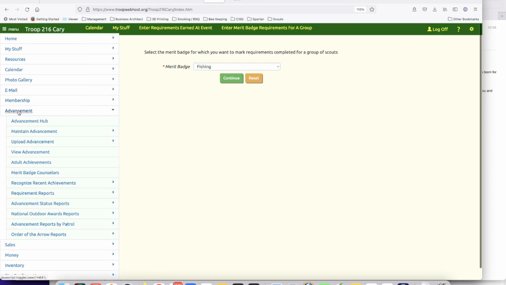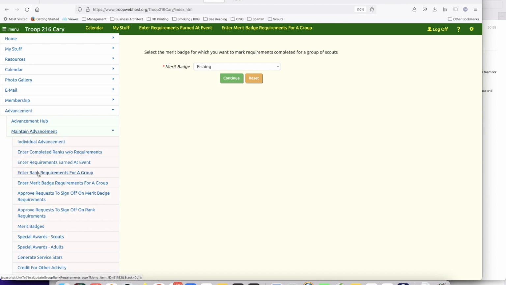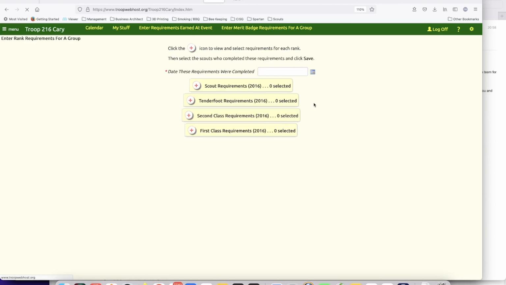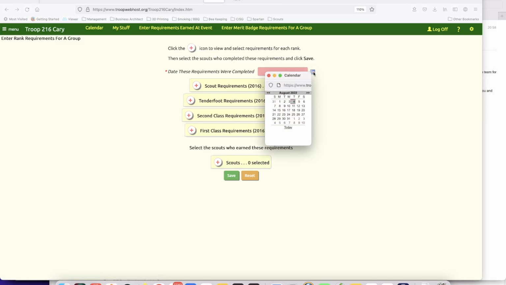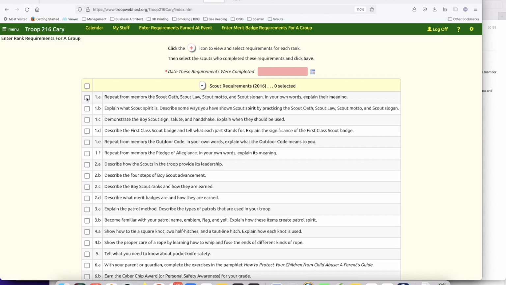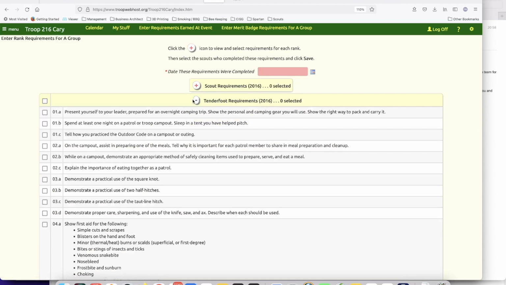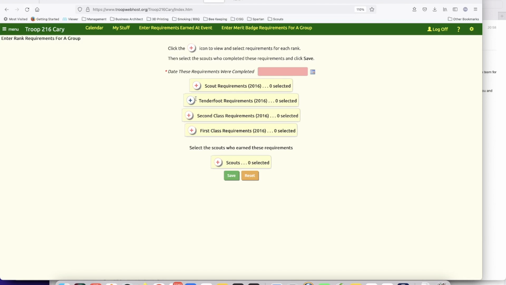Similarly, if you go back under advancements, go down to maintain advancements and enter rank requirements for a group, it'll bring you to this page. Similar concept, you'd put in what date, then it's really as you would expect for the first 4 ranks. But you could do something like if they met a couple under scout, you could click here, then you could add some under tenderfoot and so on,